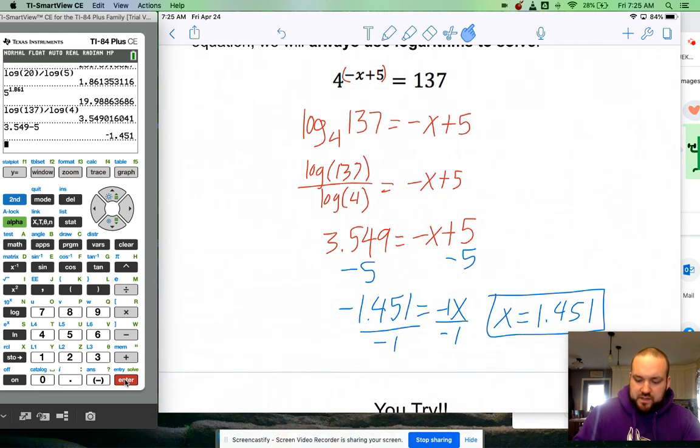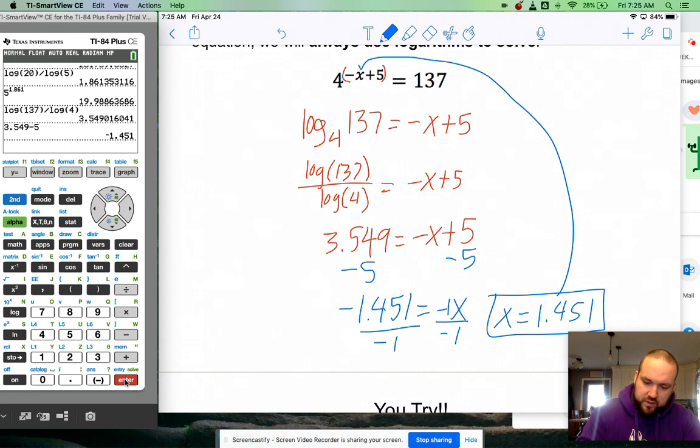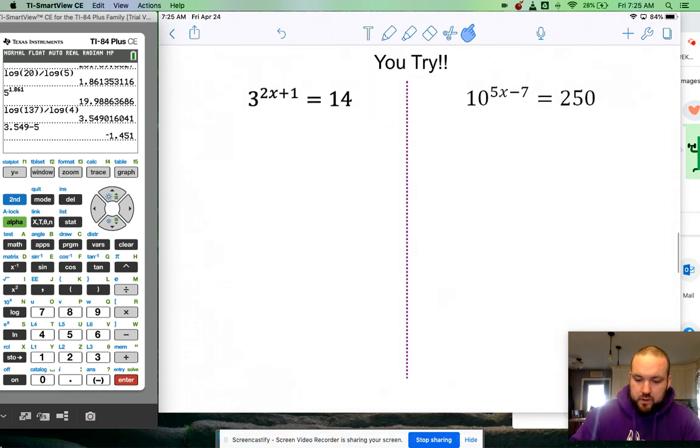Okay, which means if you were to take this number, 1.451, and replace x with it, we would get a value that's very close to 137. So that's the idea, that's the concept behind what we're doing here. So yeah, exponential equation, x in the power, you're going to use logarithms. Go ahead, pause the video here, try these 2 quick, and then we'll look at one previous example and get